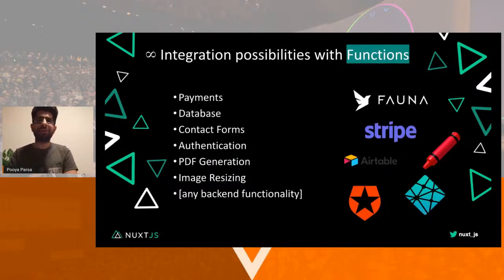One of the cool possibilities that we can have with functions is that it's not just a function. You can have countless integrations in Nuxt out of the box. Just like how you use the PWA module to add PWA, now we will have the possibility to integrate payments, database systems like FoundationDB that was mentioned, contact forms, authentication, anything that we can imagine, easily added with functions. But there is also the question of how to support service integrations with functions.